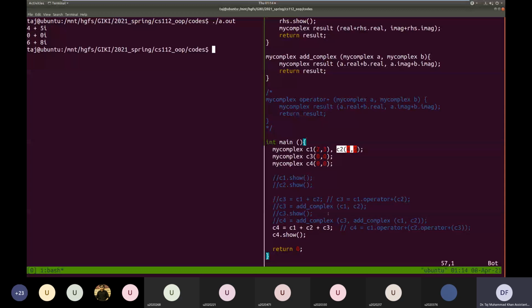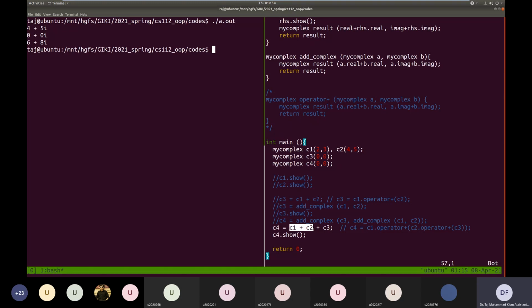And here it has first called for C1 plus C2, because this function will be called for C1, the left hand side, and the right hand side C2 will be passed to it as argument. Okay, so when you print the right hand side, it basically gives us this 4 plus 5i, which is the value of C2. So it starts moving from here. First C1 plus C2 is done. Okay. So C1 plus C2, and then this will return the result of the sum of C1 plus C2. Okay. So this result will basically